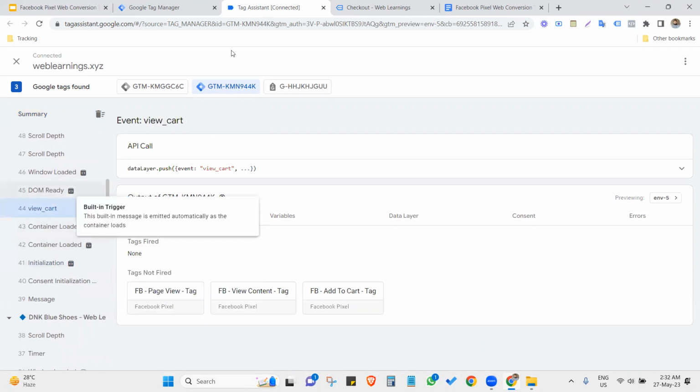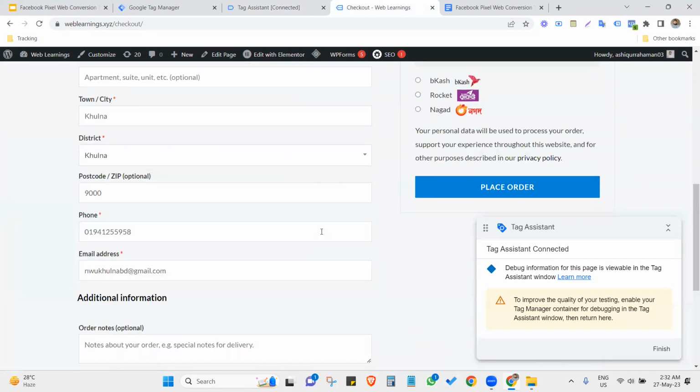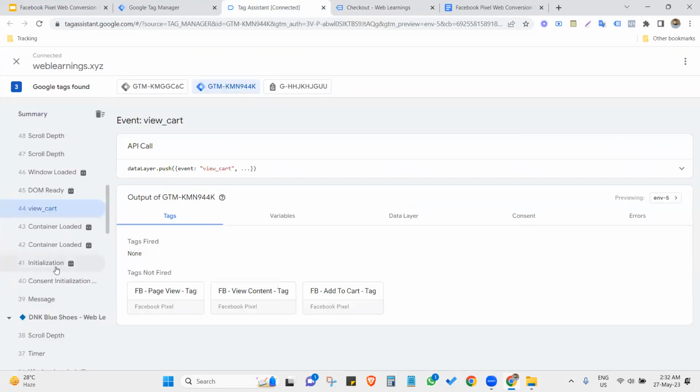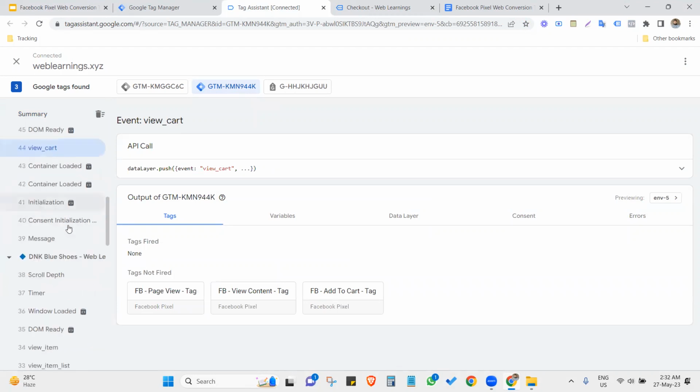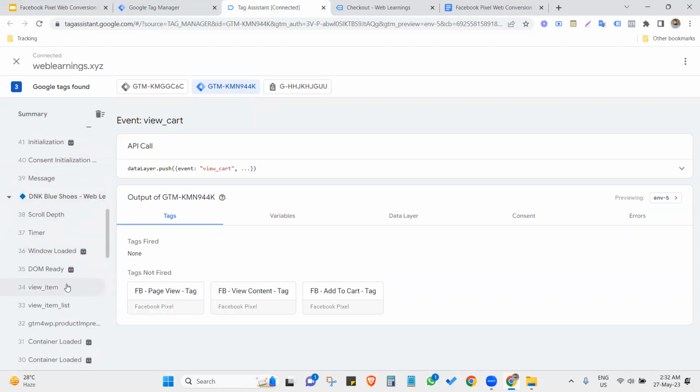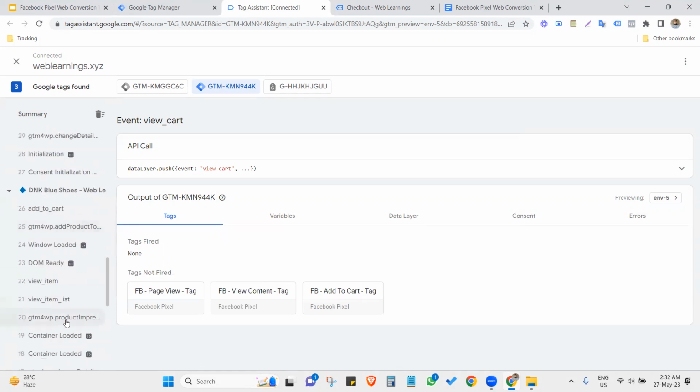Sorry, view cart, and let's find the event, view item, add to cart. Yes, this is the